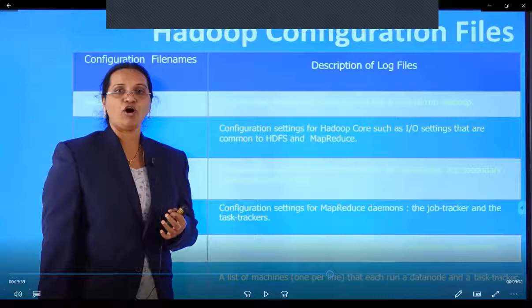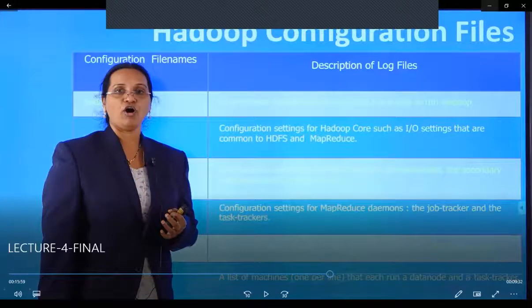Now coming to the differences, if anyone asks you about the differences of these 3 modes of configuration, first one is standalone mode where you no need to configure any of the files, or any of the XML files or cluster files. It is only meant for debugging purposes, that's the reason why I am not going to talk about any daemons or any XML files.